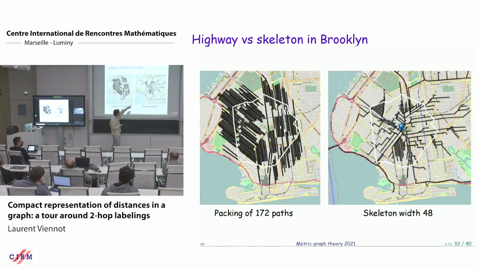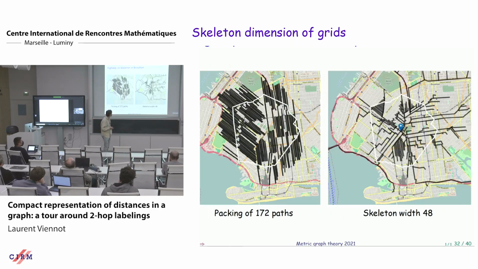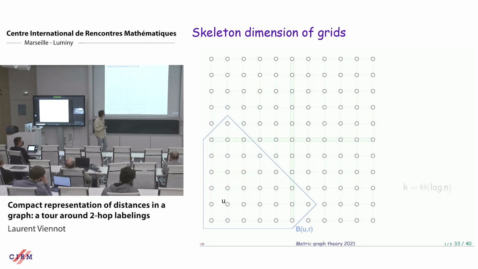So here, if you look at the white ball, you want to count how many branches of the tree skeleton go through it, are in the cut. Okay, so it's not so much, except at the top you see all these neighboring streets that cut it. But okay, so if you have diagonals in the grid, that's bad for tree skeleton. Manhattan is better. Manhattan is really good. On the left it was an example for showing that highway dimension must be bigger, but I won't explain this.